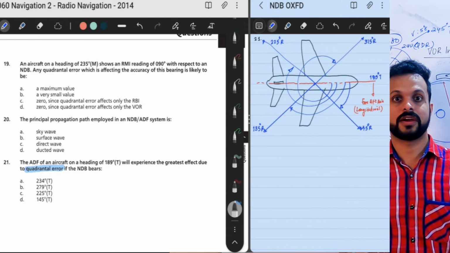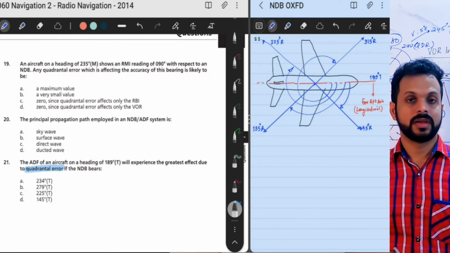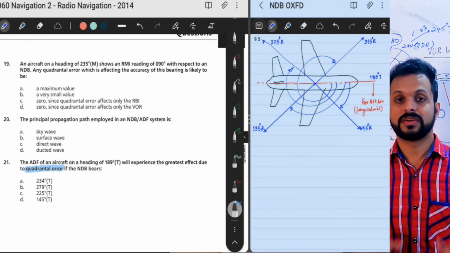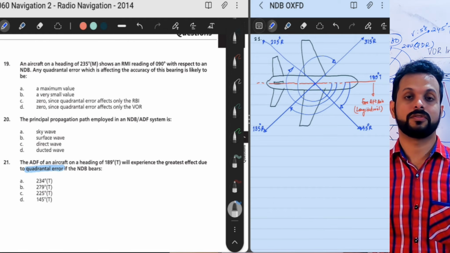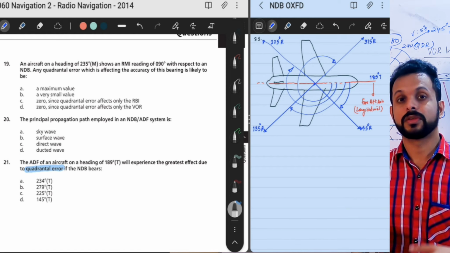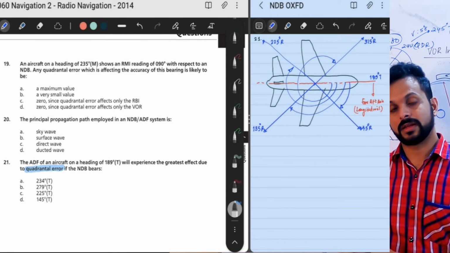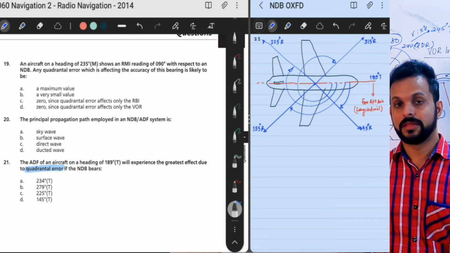If you're asked to find the relative bearings where the error would be maximum, it doesn't really depend upon the heading. It's always either 45, 135, 225 or 315. But in this question, you're asked to find a specific bearing with respect to the heading where the error would be maximum. Therefore, to find the bearing, we have to add this relative bearing to the heading,